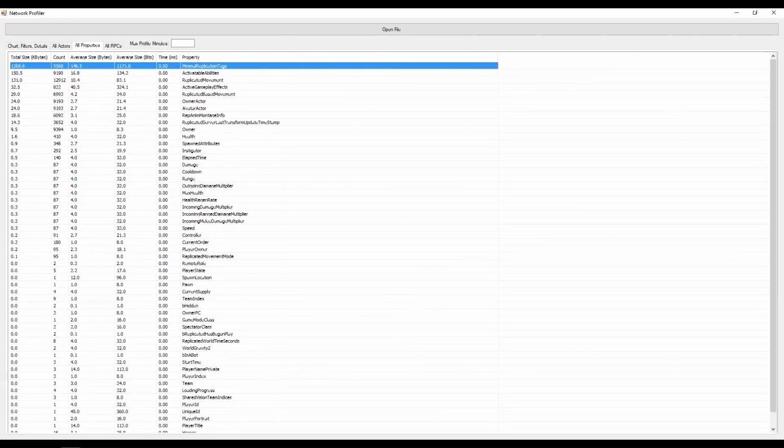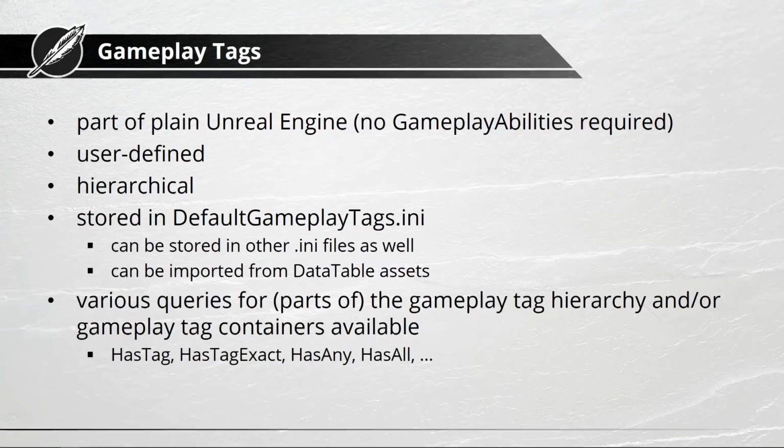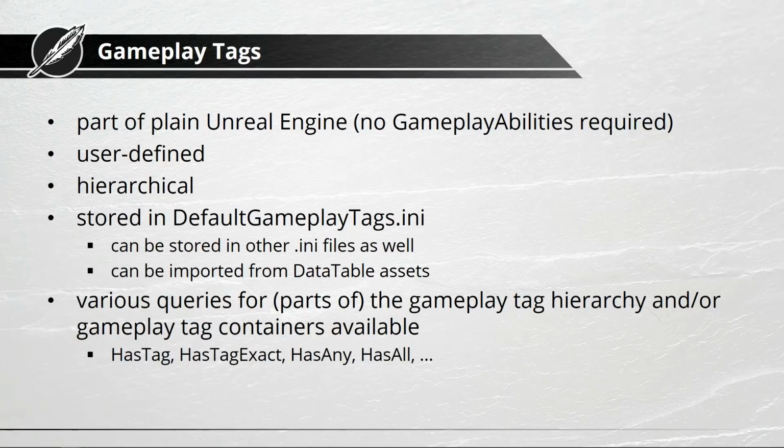And when it comes to properties, it tells us that minimal replication tags are consuming pretty much. So what is this? There've been 2 talks about gameplay abilities already today, and gameplay abilities, as we are using as well, make heavy use of gameplay tags, and gameplay tags are actually part of the plain Unreal Engine. They're not necessarily related to gameplay abilities, but you can use them for annotating any kinds of objects. We're using this very heavily for validating targets for our abilities, like is this a target unit, is it injured, is it a hostile unit, or stuff like that.